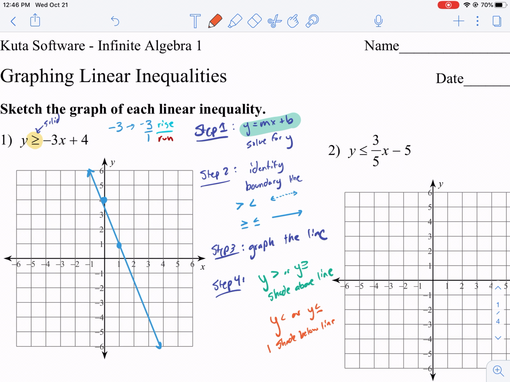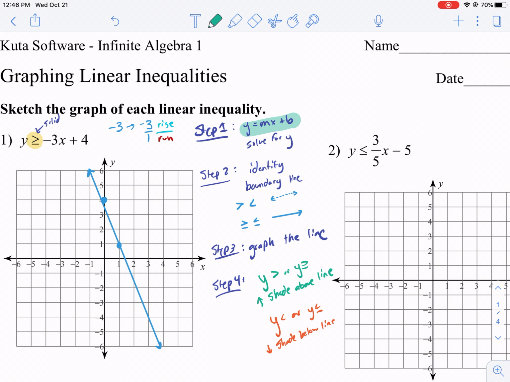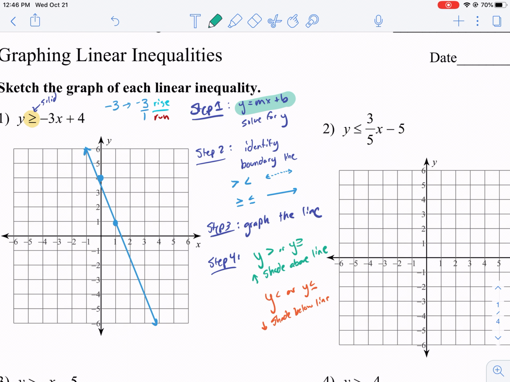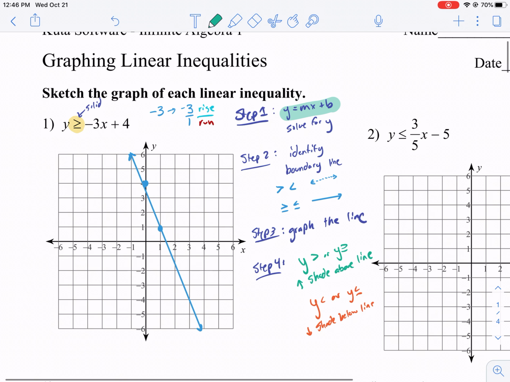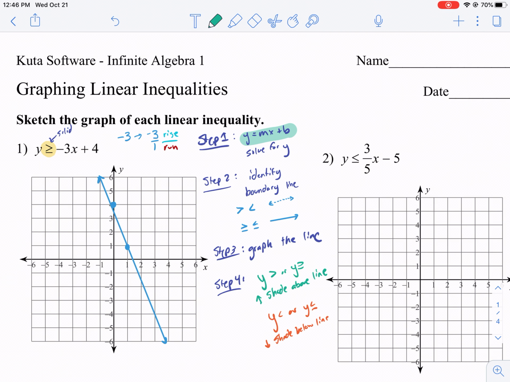Okay, so we'll shade below versus shading above. Well, if you want to shave, that's your prerogative. That's your own hygiene issue. But we are shading here. Okay, now let's evaluate this. We have y is greater than or equal to. So we are going to shade, I keep saying shave,